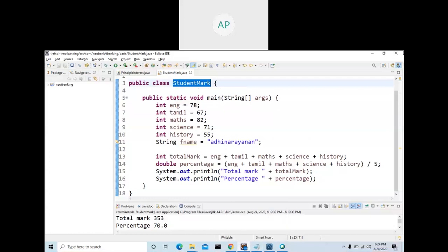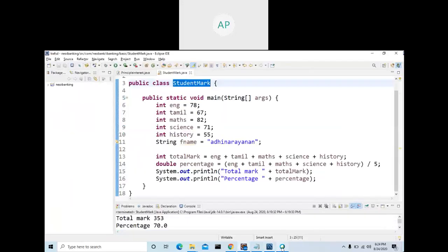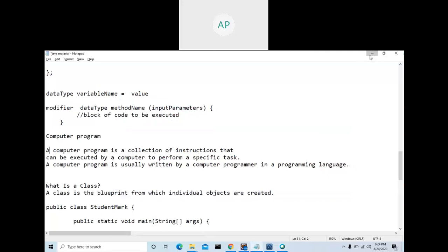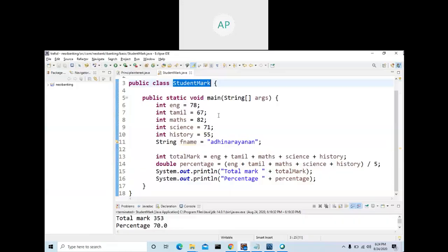So we are going to create one. This is Eclipse, an Eclipse editor. Either you can use this editor or you can use a notepad. Consider this as a notepad or as an editor.